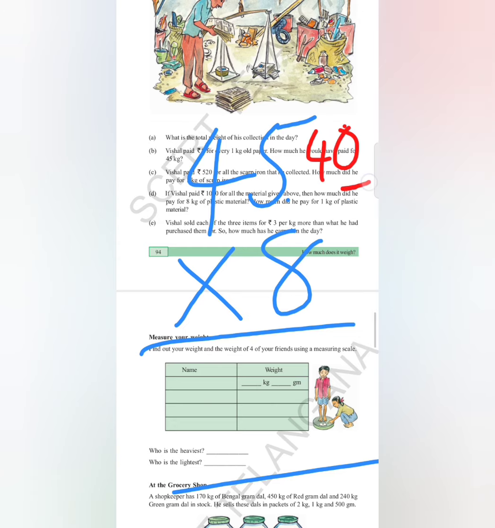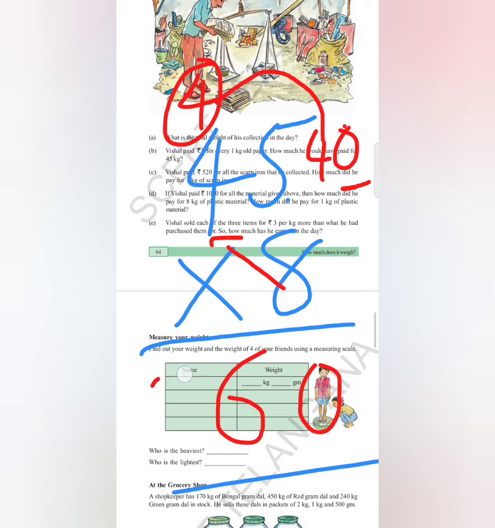So at 1's place what do we have here? 0. Then this 4 will be written in the carry. Next 8 should be multiplied by 4. 8 4s 32. 32 and the carry is 4. So we have to add 4 to 32. 33, 34, 35, 36. So what is our answer? 360. Okay.